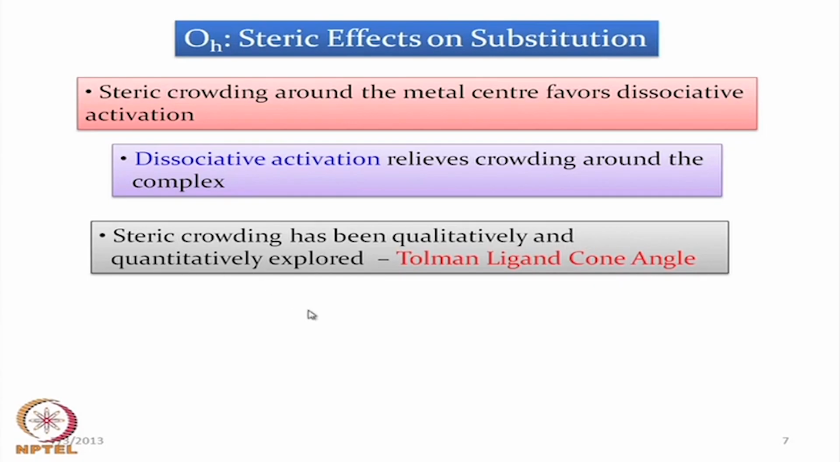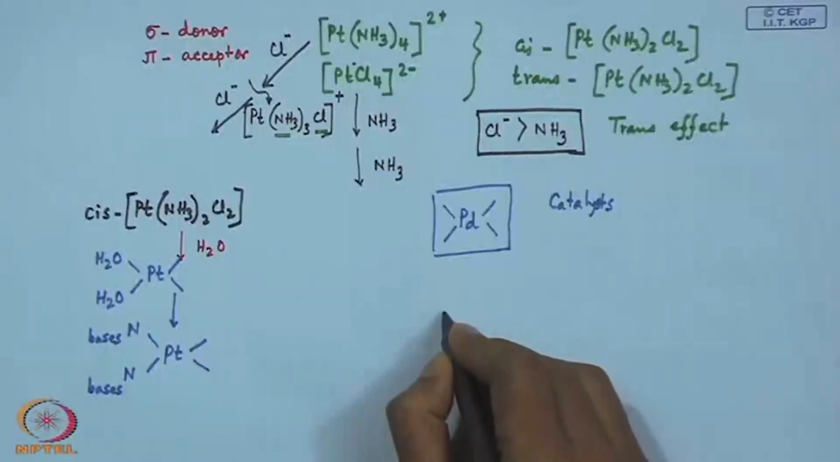So, steric crowding has been explored qualitatively and quantitatively. The steric crowding has some role to play in octahedral substitution reactions, and this particular substitution reaction basically controls the dissociative pathway, which has some important role to play for the different types of catalysts. What we have seen is that our catalyst can be this, or our catalyst can be based on